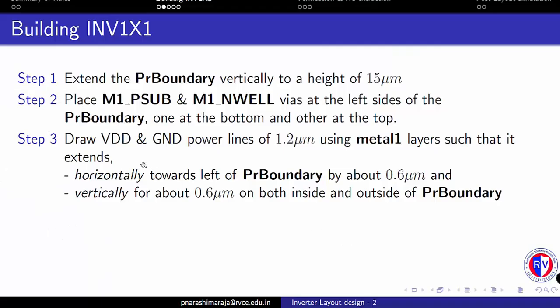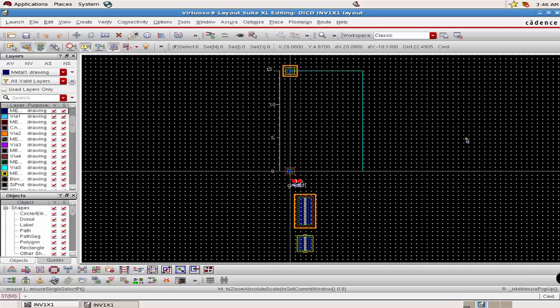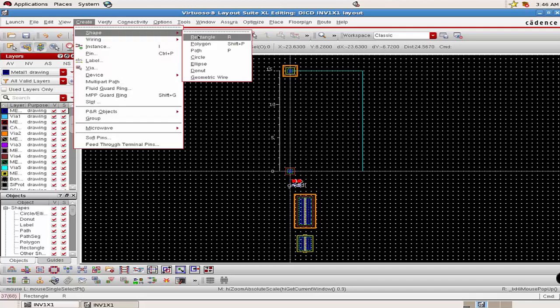Step number 3 is to draw VDD and ground power lines of 1.2 micrometer width using the metal 1 layer. It has also been mentioned that we have to extend this VDD and ground horizontally for about 0.6 towards the left, and also vertically for about 0.6 on both the top and bottom of our PR boundary. So press F and make sure you select your metal 1 draw layer, and then click on create shape and then rectangle, or you can use the shortcut key